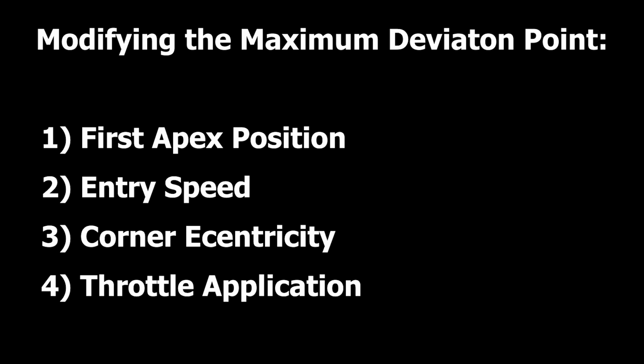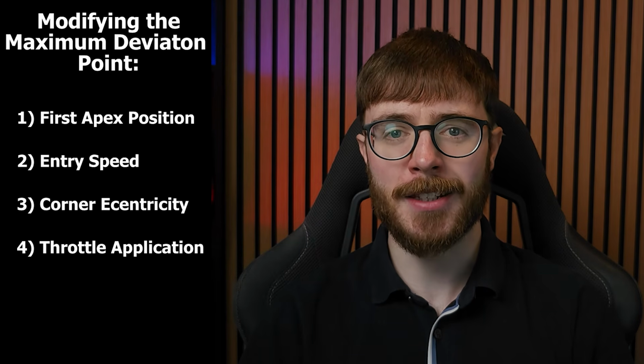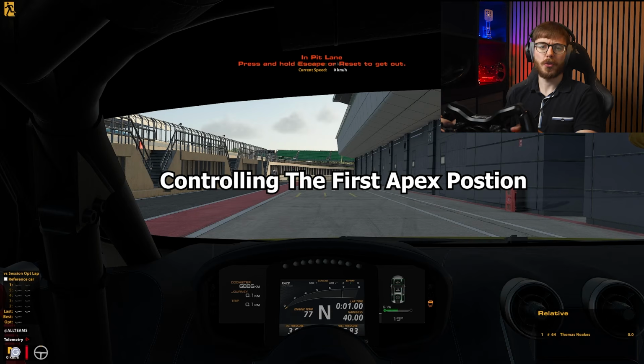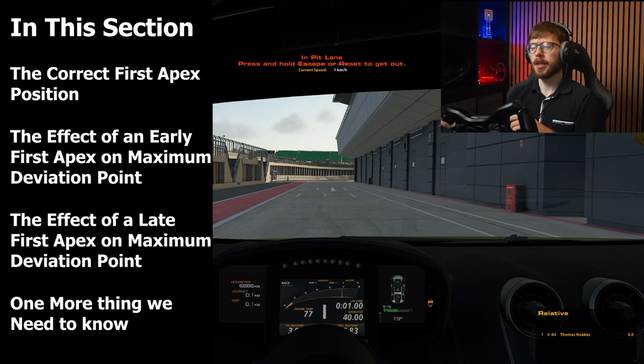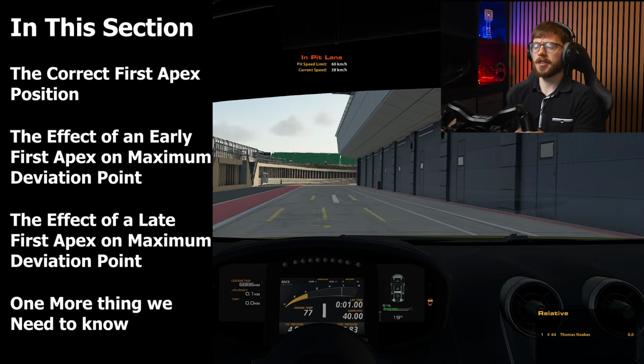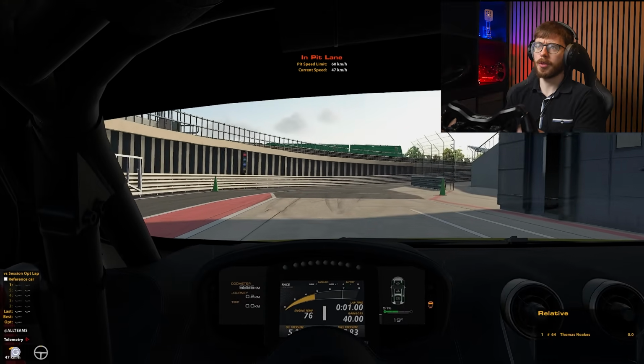There are 4 things we need to know to control the maximum deviation point, but don't worry, I'll show you how we can use each of them to understand double apex corners. So the first way we can modify the maximum deviation point is by changing the first apex in the double apex corner. And we're here at Silverstone because there's a very good double apex corner here with Brooklands into Luffield,